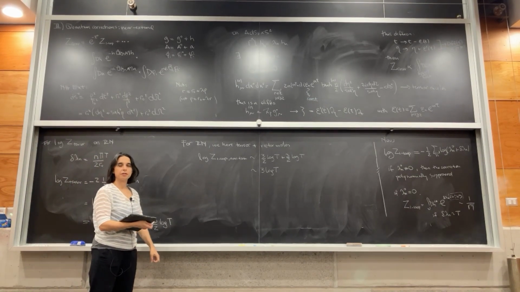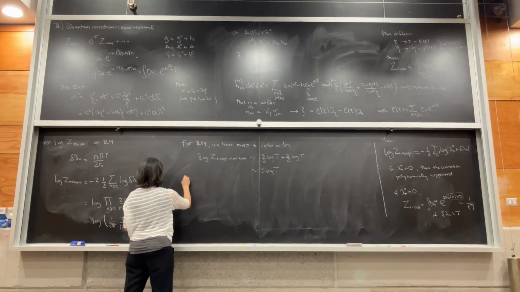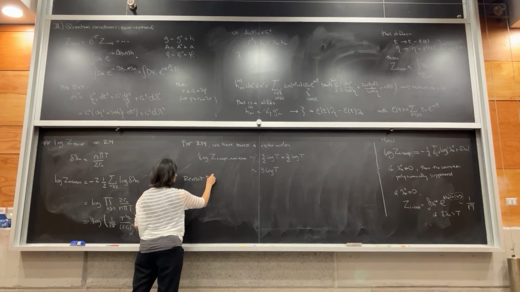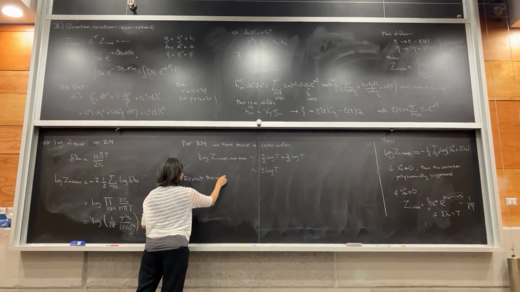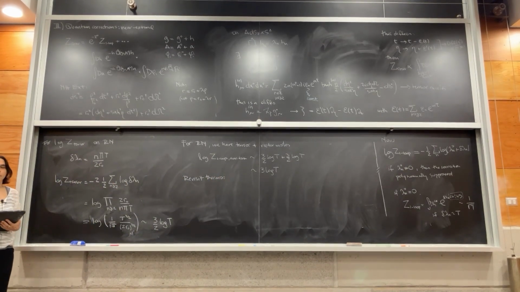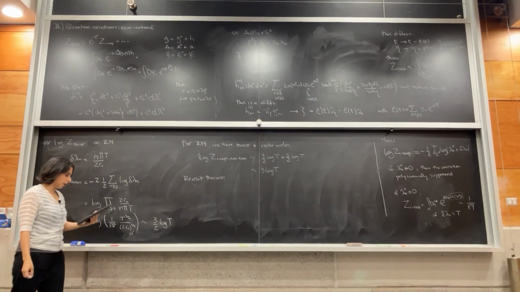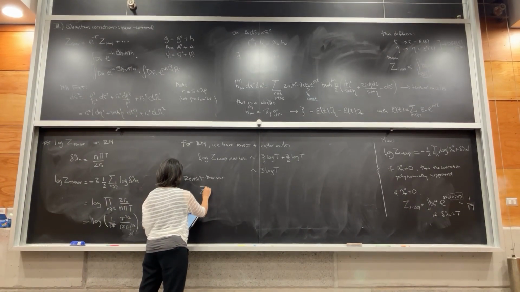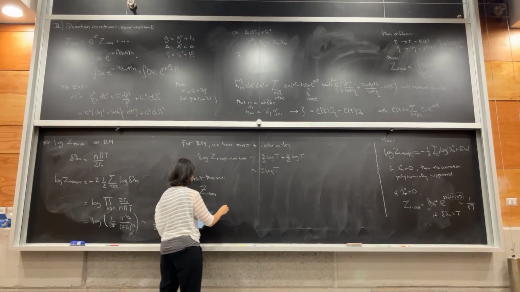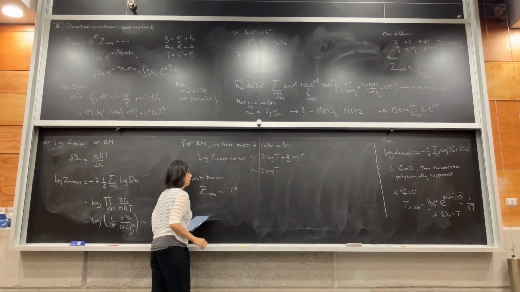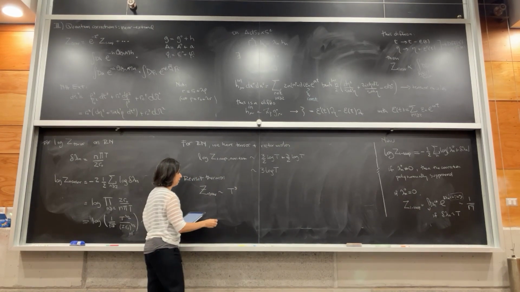So what do we do with this? Now let's revisit thermodynamics. I did a better job at computing my path integral. So what am I getting from my path integral? What I'm getting from my path integral near extremality is that my path integral is going like T to the power of 3